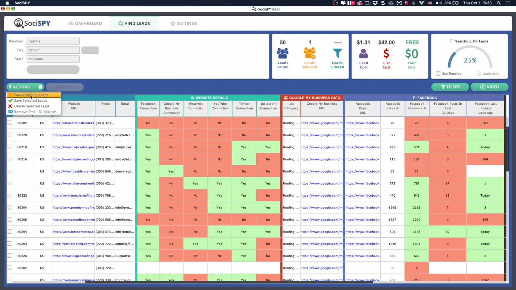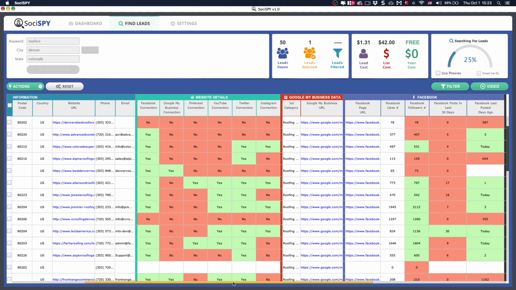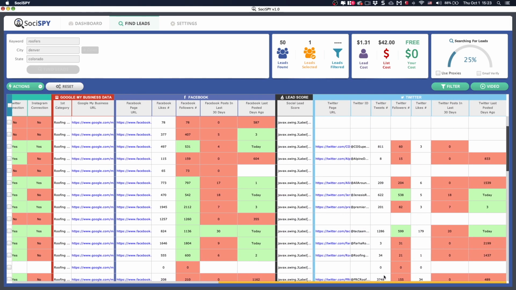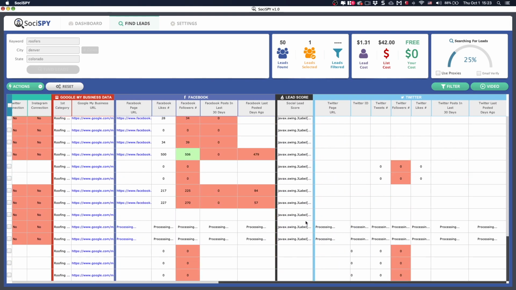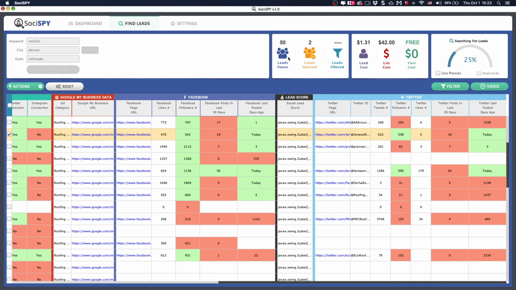I'm going to pause this real quick just so we can talk about some of these businesses that are coming in here. So I also want to point out really quick that at the top of this page you have the amount of leads we have found, right? We've found 50 leads so far, and you can see that the list cost is $42. And how did we arrive at that